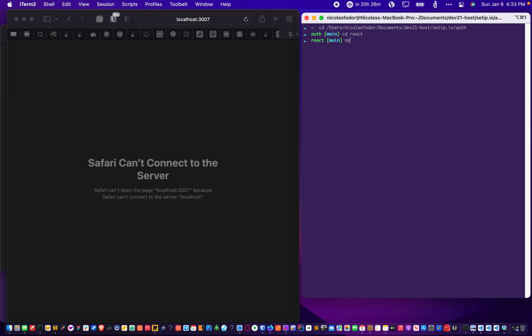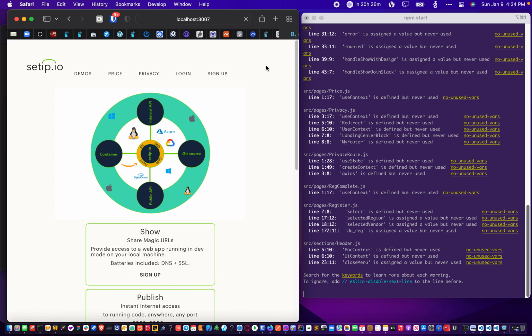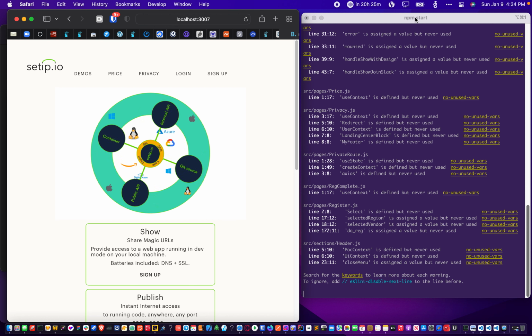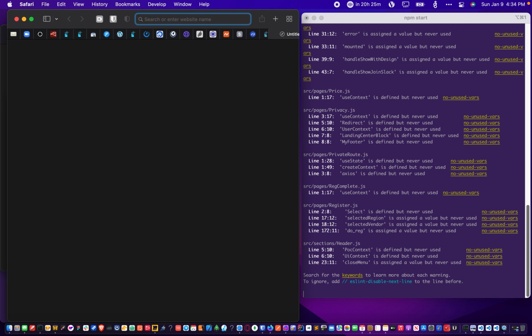We're going to run the React version of the setip.io website portal, and we're going to start by making sure that it's running locally properly, and it is on port 3007. So we can do already. One thing is to connect to